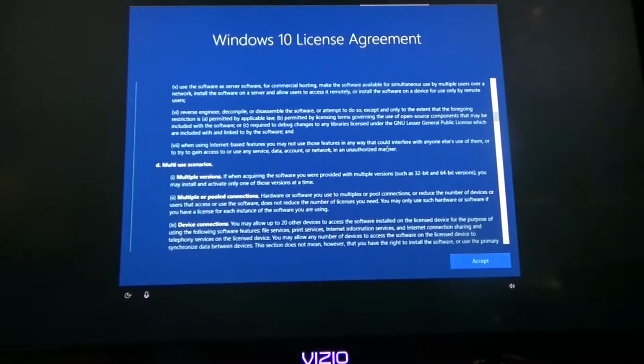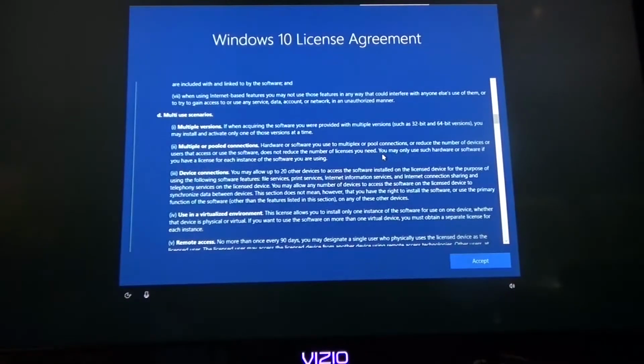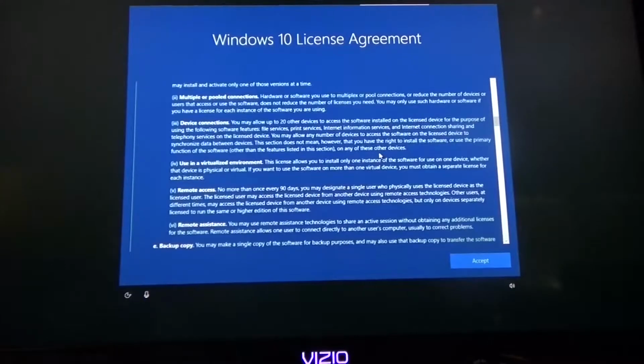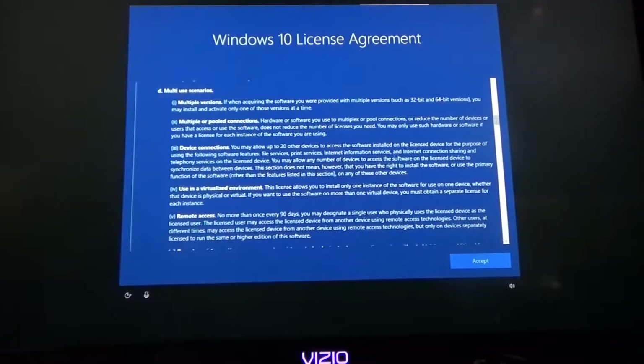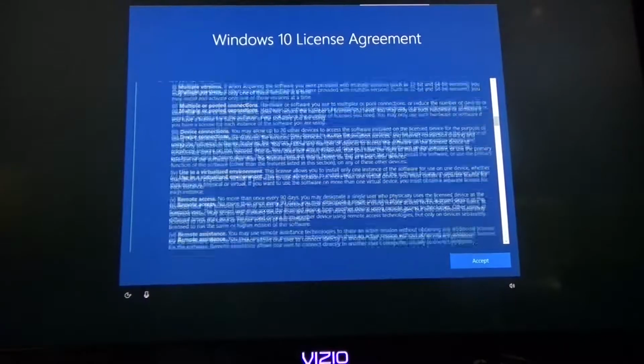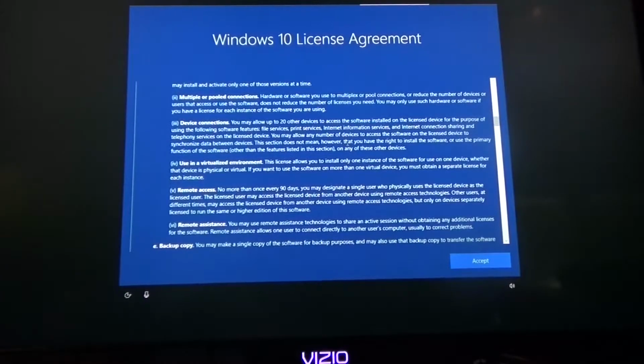I've only installed a couple of Linux operating systems or Unix-like operating systems that had a EULA. I did scroll through it and read, and I'm not going to mention the two, but there are definitely two, at least that I know of, that make you accept an end user's license agreement.